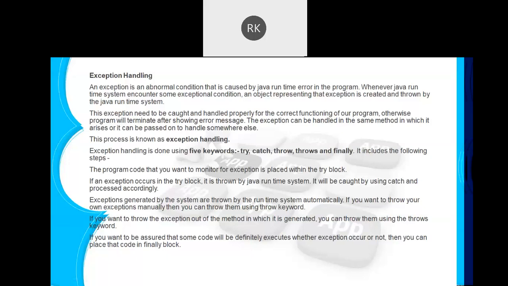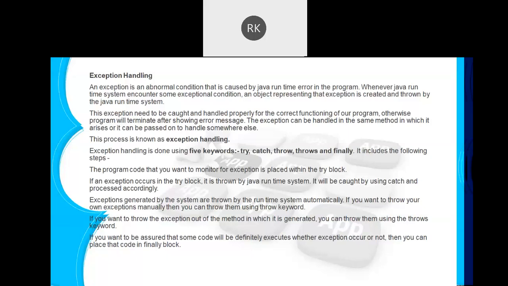Exception handling. Okay. So I think now you must be getting the meaning of exception handling. Whenever such an abnormal condition arises in your program, you are supposed to code for it and handle it properly. And this process is called what? Exception handling. And to code this and handle it properly, we have certain keywords defined in Java.